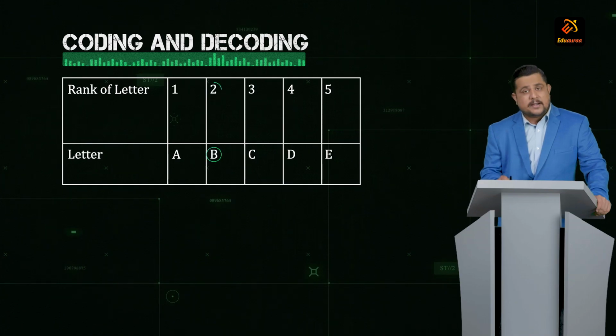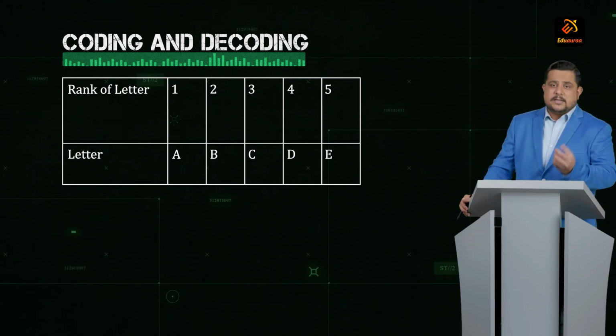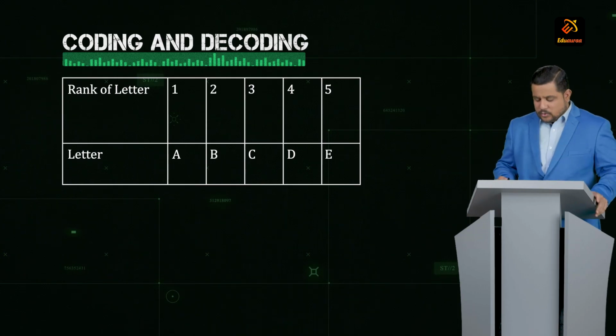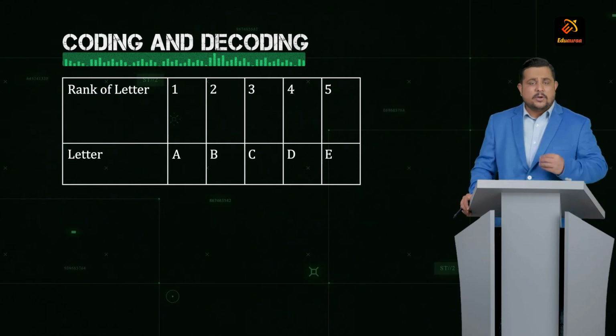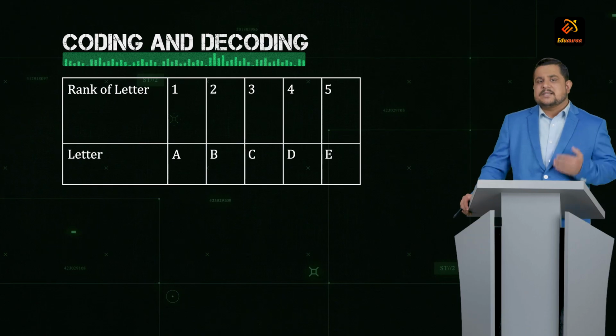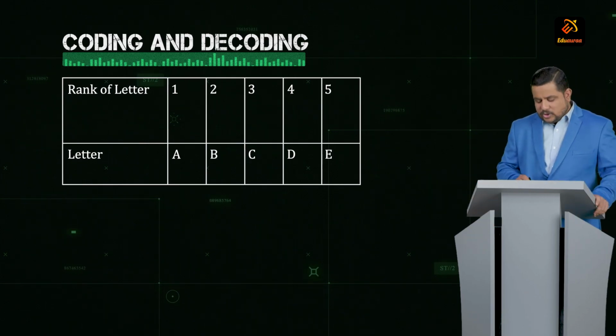So that is the second letter. A, B, C, D. Generally we talk like that, A, B, C, D. For these 4 letters, there is no need to use any shortcut. You can easily keep in your mind that A comes at first place, B at second, C third, D fourth. Now, if we talk about E,